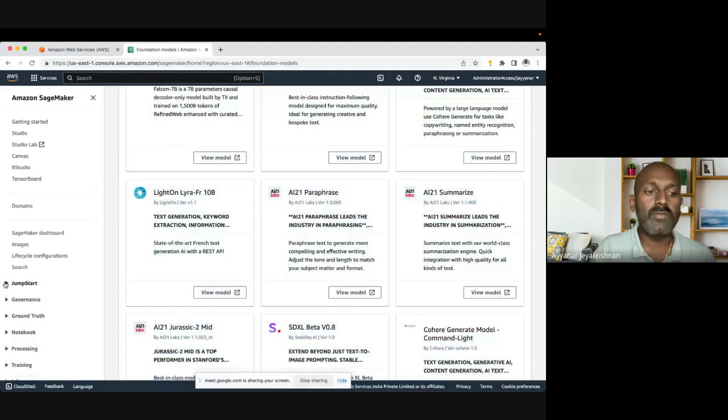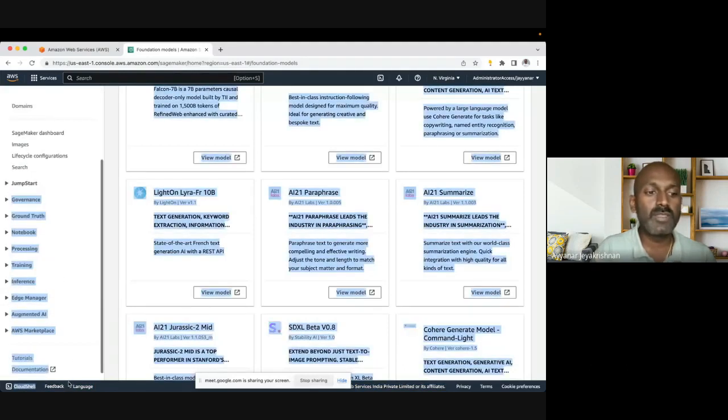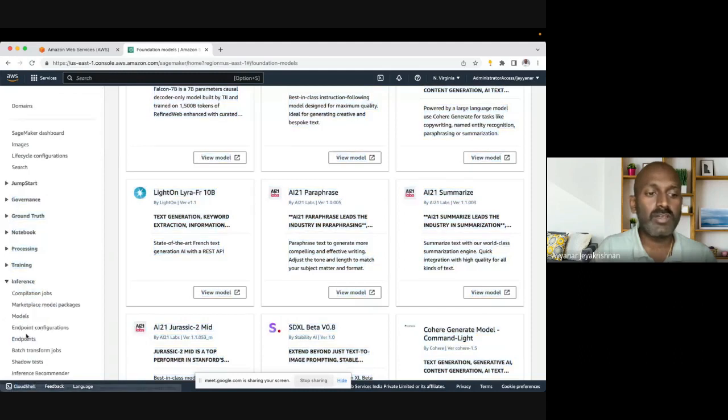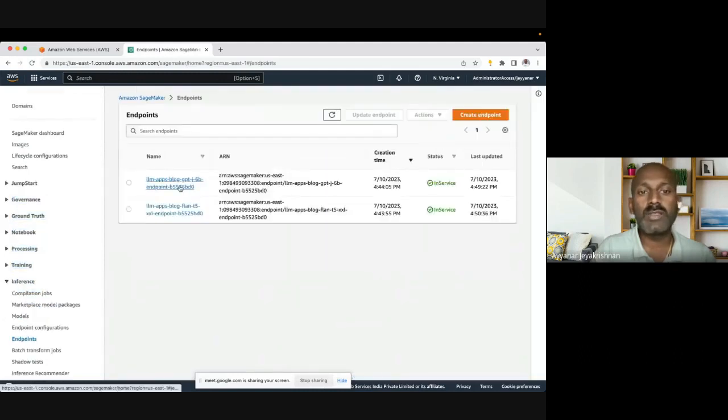Here we have three things. One is endpoints, which I want to show you. In SageMaker endpoints, we have two endpoints. One is the endpoint for the embedding. Another is the endpoint for prediction.